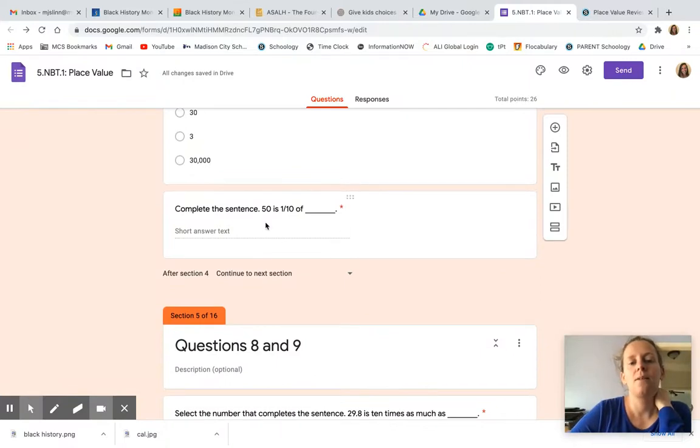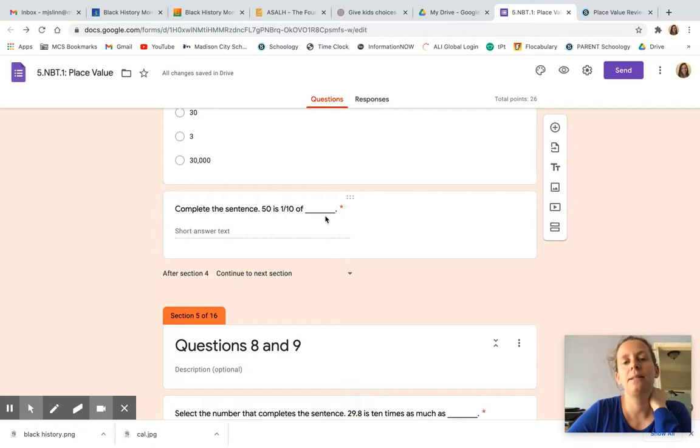Complete the sentence. 50 is 1/10 of blank. Okay, so here we can kind of translate this from words to math symbols. 50 equals 1/10